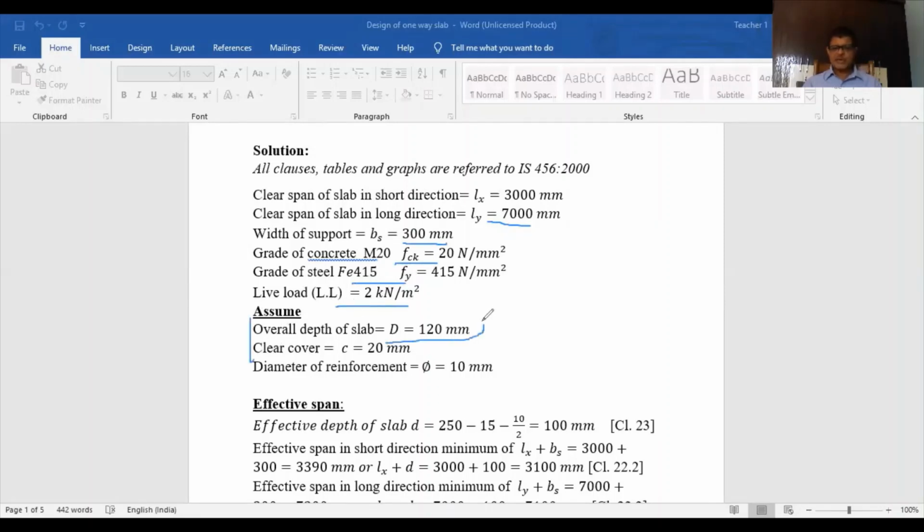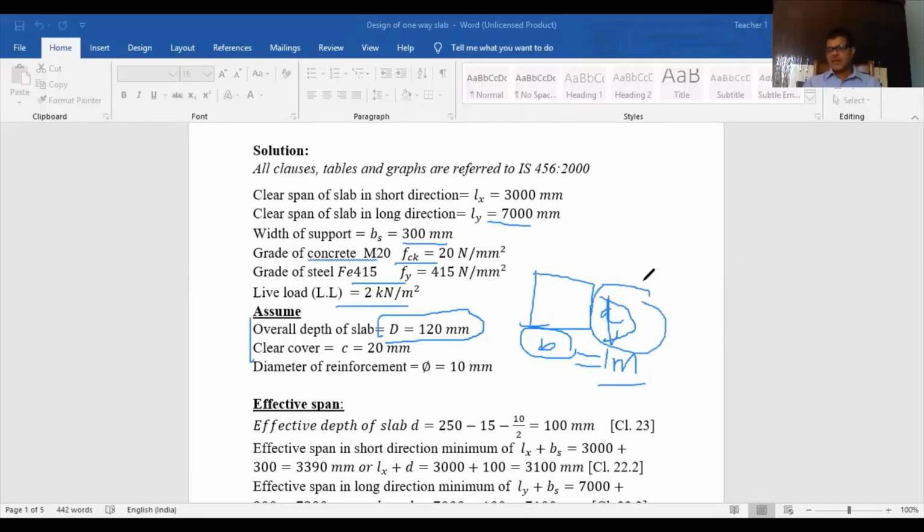Depth of slab. Now, in case of beams we have taken B and D. We have assumed B and D for the beam sections, so B into D is the gross area. Now in slabs, B is always 1 meter. So don't assume; all are on 1 meter width. Whatever steel reinforcement will come, that will be provided in 1 meter, and then that will continue for the other 1 meter, 1 meter, 1 meter widths beside. Only D is assumed.